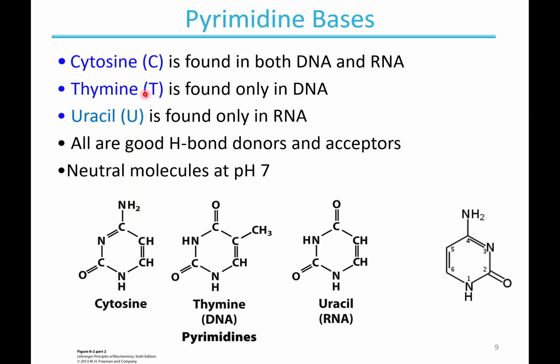So T is replaced by U in RNA. All are good H-bond donors and acceptors. And as we'll see, that's how these interact in the DNA double helix. And all are neutral molecules at pH 7. So if we look at the structures in some more detail,